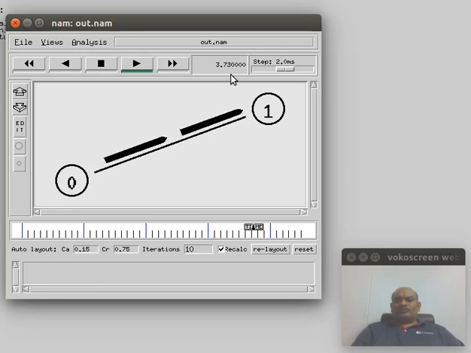By clicking on this you can reset your layout, and then the iterations are 10, and this is my auto layout. Now we are close to 4.5, so once it reaches 4.5, you can see your data transmission will stop. At this point we'll reduce the time slice, so you can see whether it stops exactly at 4.5.